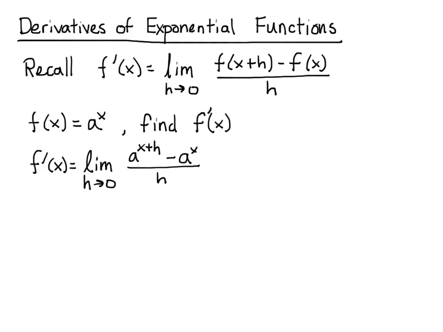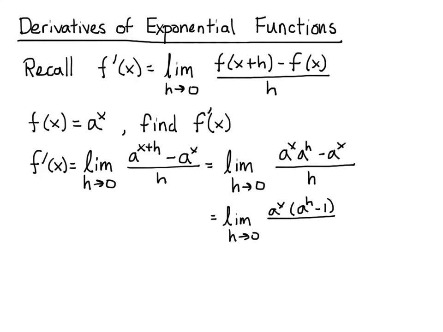to the h, right? When you have the same base, you're multiplying two different expressions, and it turns out that going back the other way, going back from here to here, you add the exponents, so it makes sense that you can split this up into a to the x times a to the h. So probably the next logical algebraic step here is to factor out the a to the x in the numerator,